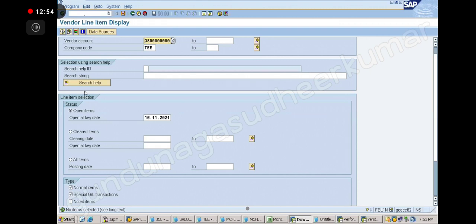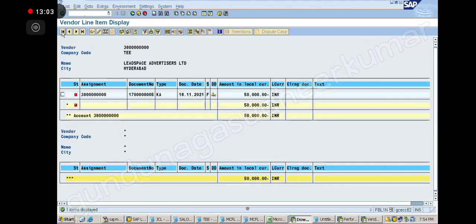So where has this 50,000 item been created? It is created in the noted items, with what symbol? F symbol, you see, F. F is payment request.